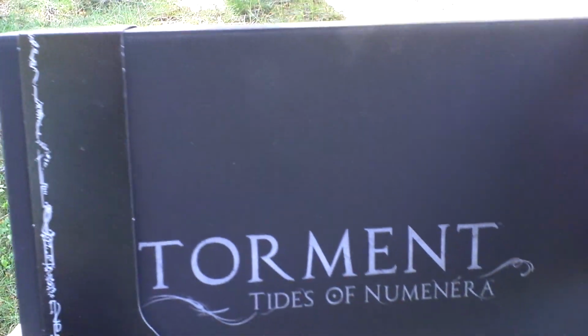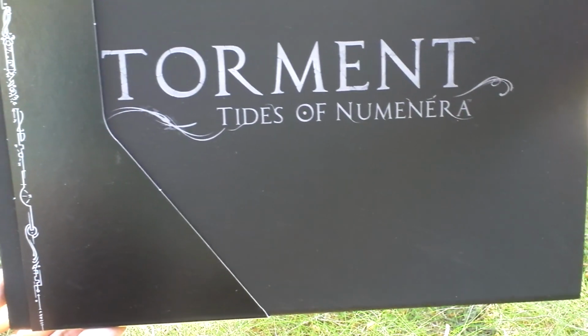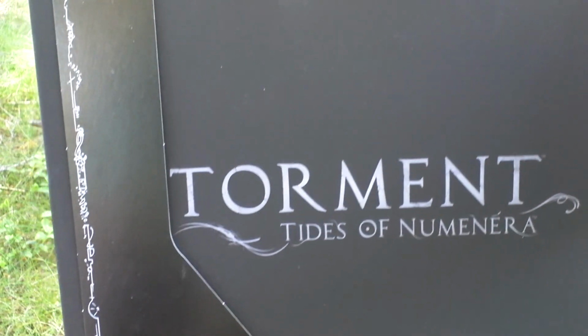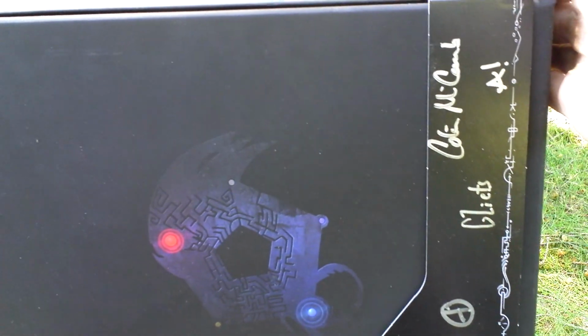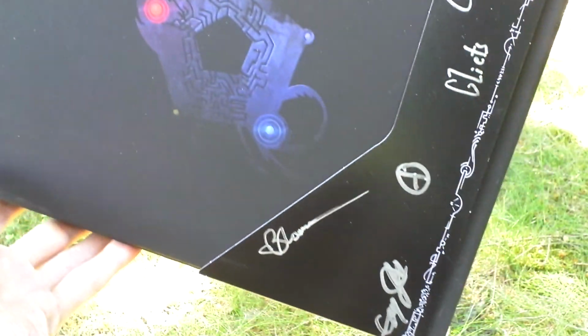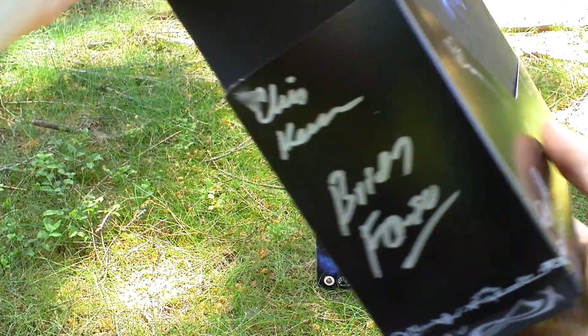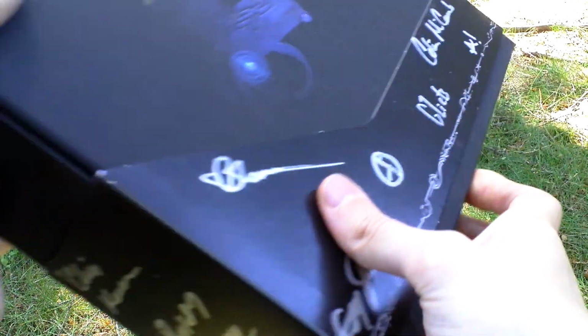This edition was available either through Kickstarter backing or through the inXile backer portal, and as you can see, inXile didn't sign the box itself, but they put such a kind of sleeve around it, a paper sleeve, where the signatures are. So here you can see the signature of Colin McComb, for example. Here is Brian Fargo's signature. You can put it away like this,